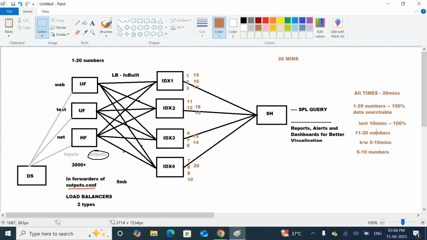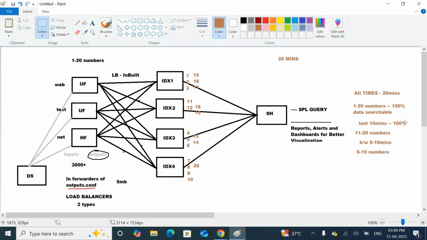Yeah. 100 times why I am asking the question, any question, for 5 minutes. That much is important. Okay, sir. I am telling that we store numbers 1 to 20, based on the time, randomly like this. Up to now, do you understand? Yes, sir. Now, if you write a time-based query and I search the last 20 minutes, how many numbers will you get? All numbers. Why? Because in 20 minutes you store 20 numbers. That's why you will search numbers 1 to 20. 100% data is searchable. That's my point.